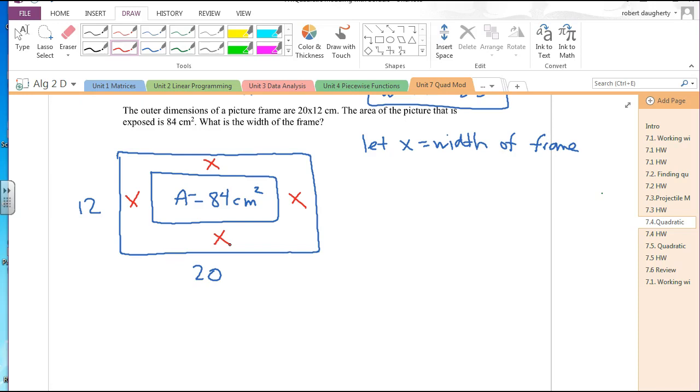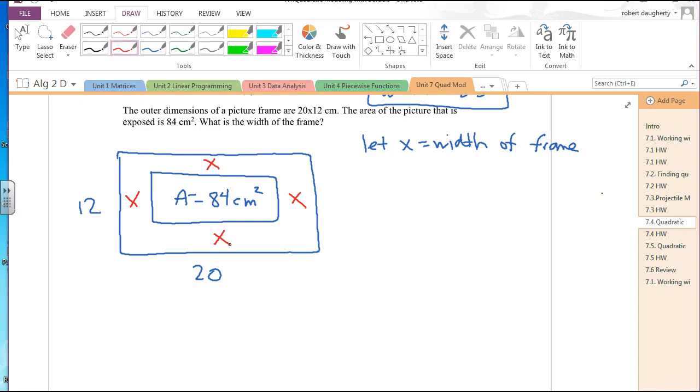Question, Jack. Well, in the previous one, I had a 4x6 picture, and I put a frame around it, but I didn't know how wide the frame was. That means the thing you know is the picture. You don't know the dimensions of the frame. Here, this is reverse. I told you the dimensions of the outside of a frame are 20 by 12. So I know the dimensions of the frame. I don't know the dimensions of the